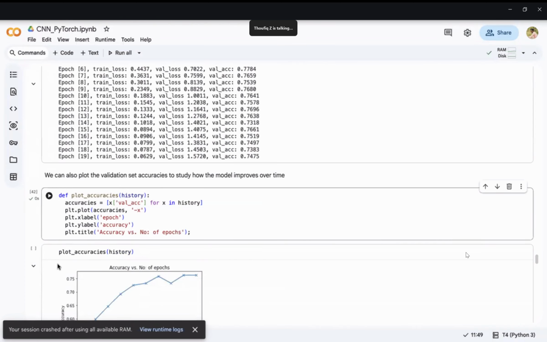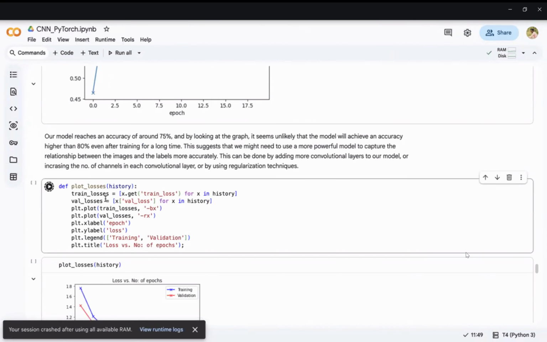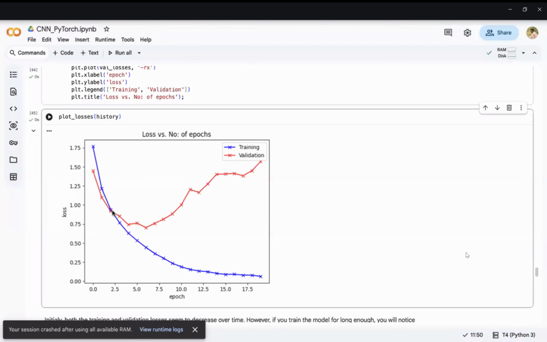Now just check out this plot here. Based on the accuracy, how exactly you're getting. Even though you are getting the accuracy, accuracy is not the only factor. The epochs and the loss will get increased here. Here you can just check. See, this red color one is the